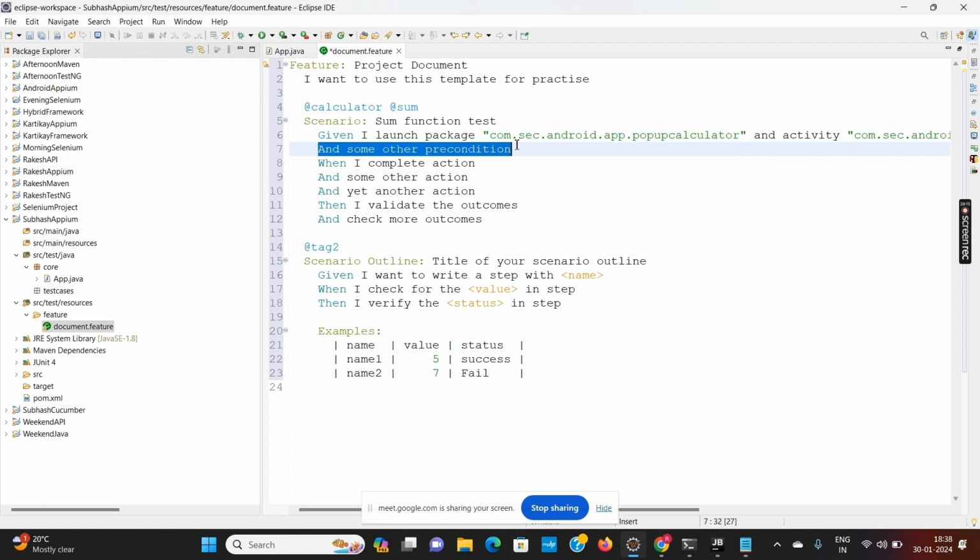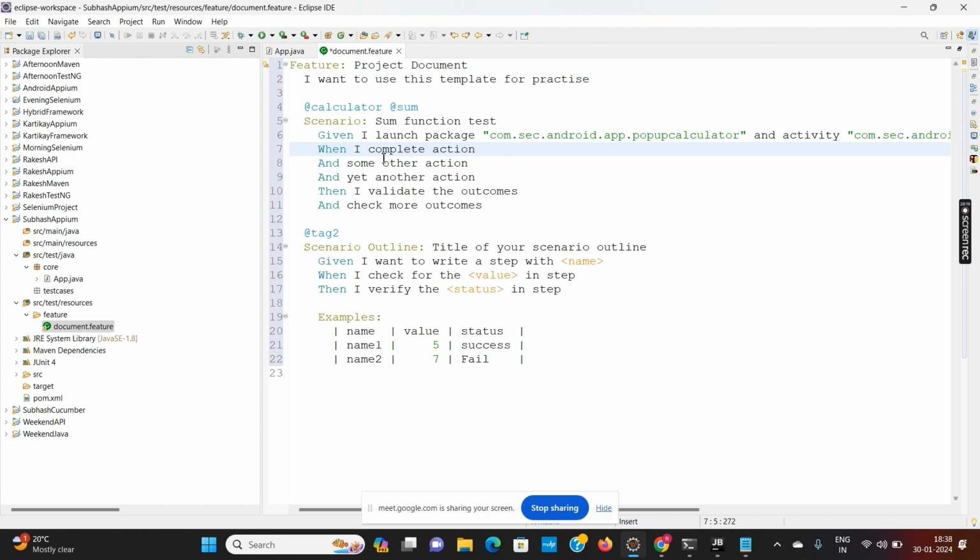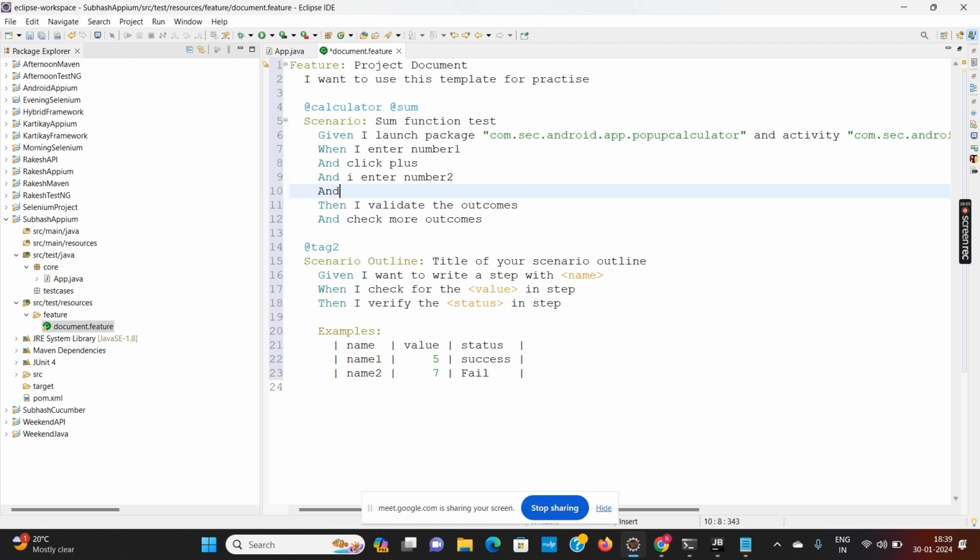Now when I enter number, say number 1, and click plus, and I enter say number 2, and click equal, then sum must come.